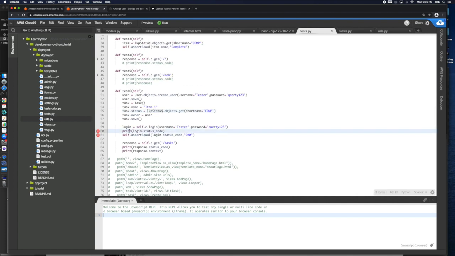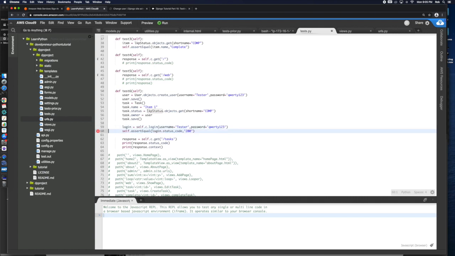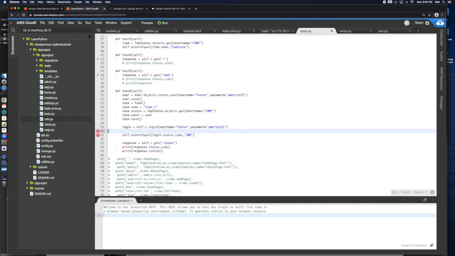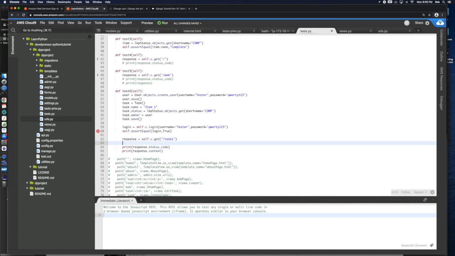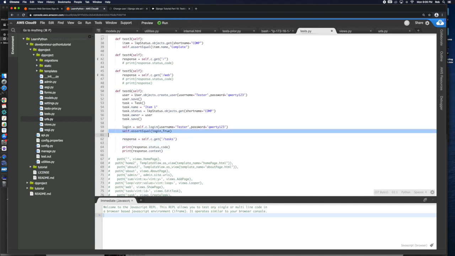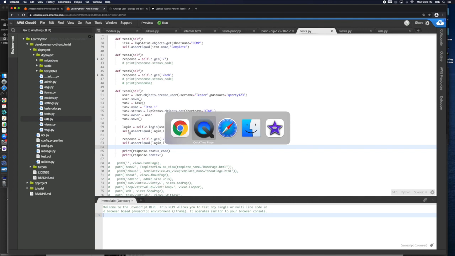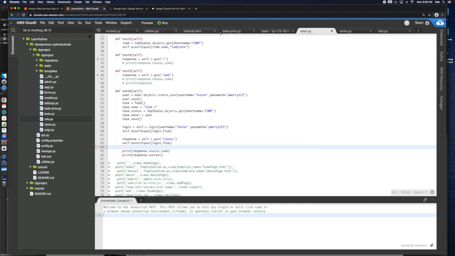Then I don't get a status code. So I could just say, I'm just going to make sure that it's true. And then if it is, then I can always come back in and I'm going to assert that I should get, as we see here,